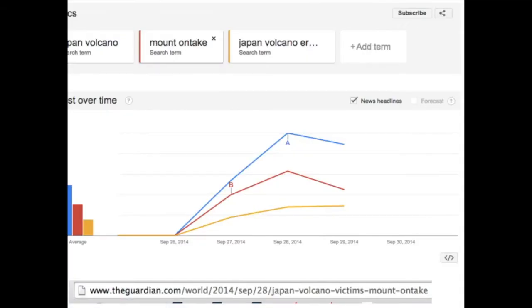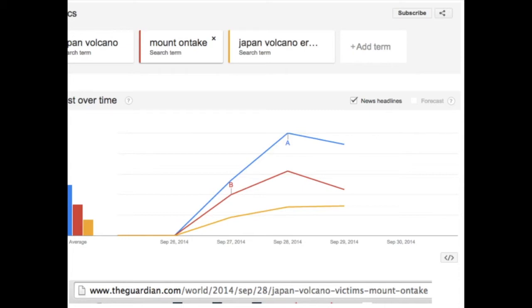One way that you can make sure that your headline is relevant to what people are searching for is to use a tool like Google Trends. Google Trends allows you to test different terms against each other and find out how many people are searching for those different terms in relative terms. So in this example, I've typed in three different possible terms related to the eruption of a volcano in Japan.